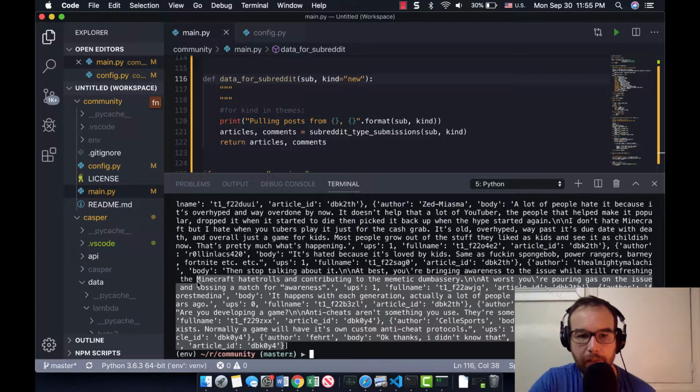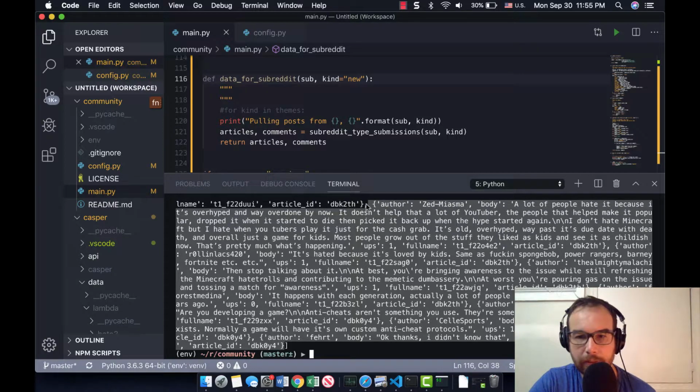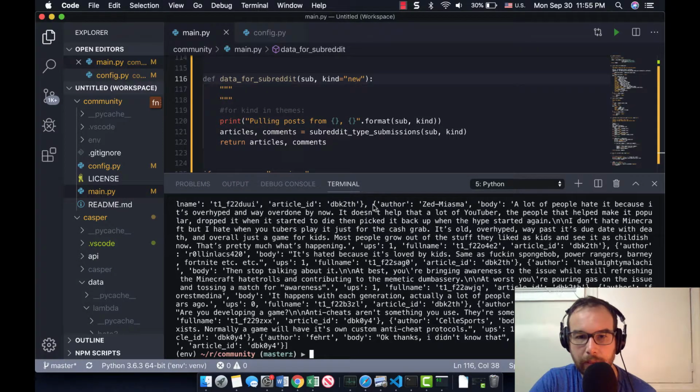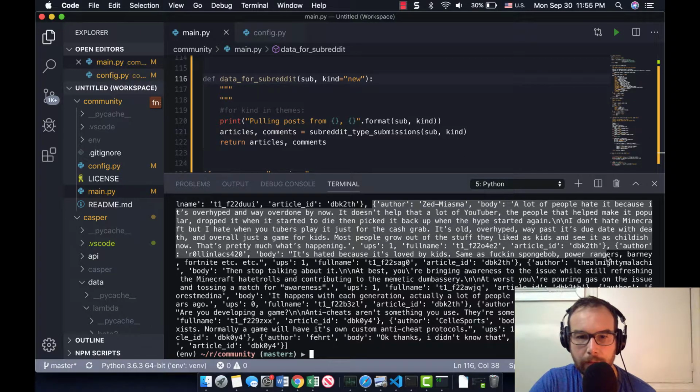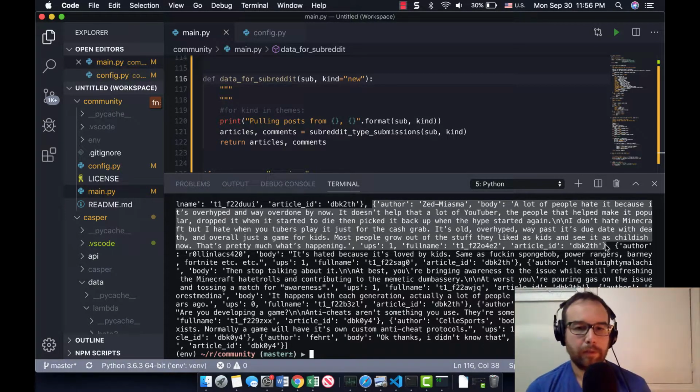So I think what I did is I got all the data I want. So here I got author, body, ups, full name, article ID. Okay, I think I have the basics here. I'm going to save articles in one collection with all the article information, and then I'll save the comments in a different kind of setting, a different kind of table, and then I can join on the article ID to know